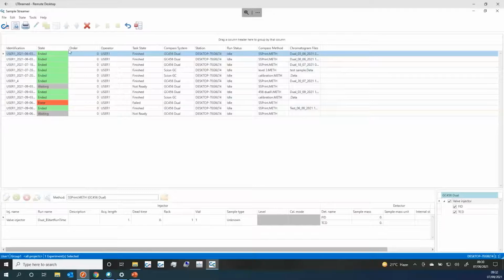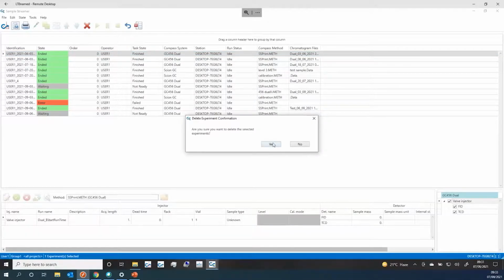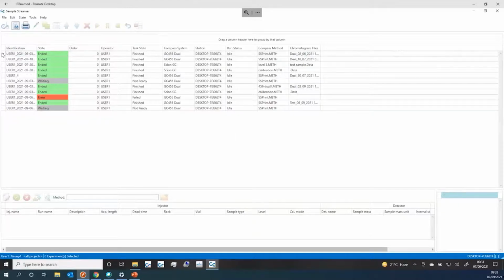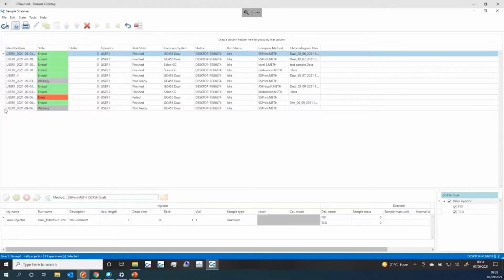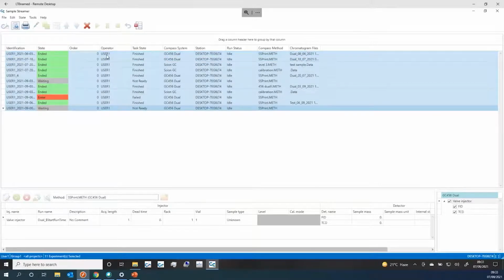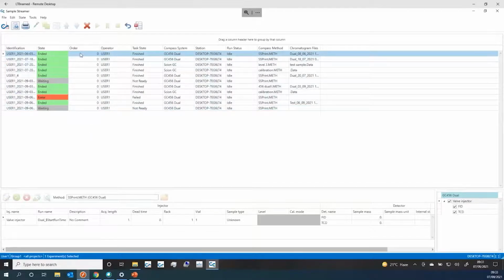So if I need to remove any samples, you can see I've got a long list of samples that have run before. If I'm definitely finished with them, I can just delete them by using the delete button at the top. It asks me, are you sure? I can say yes. I'm allowed to delete multiples. I can select the first one and the last one, and it will then delete that whole section. So the usual kind of functionality that you see within Windows to add and remove and copy samples and what have you. If we initially look at how I would start a single injection